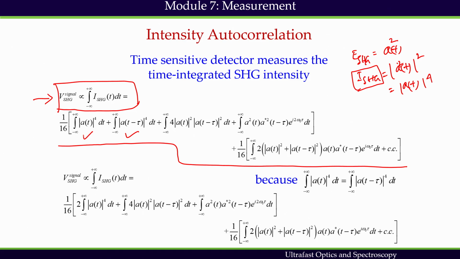One of the pulses is not time delayed, and the other one is time delayed. So, each pulse is producing SHG and their intensities should be equal. Whether a pulse is time delayed or not, in the end their individual SHG signal should be the same. That is why they are equal, and in that case we can write it down with a 2 factor and the rest of the terms remain here.